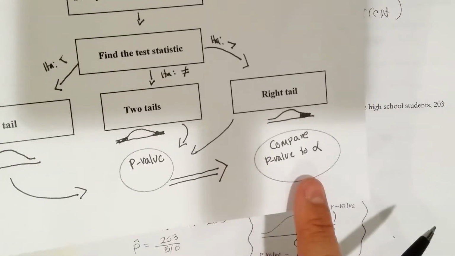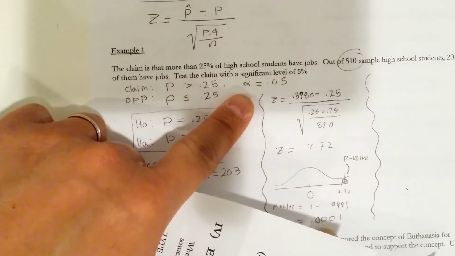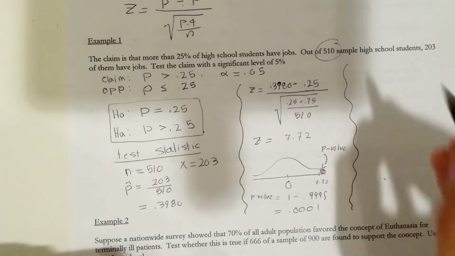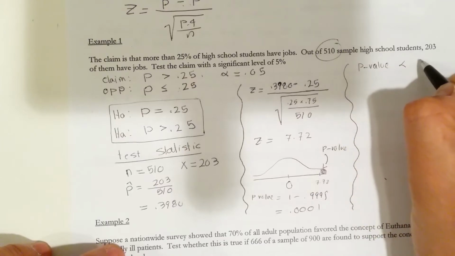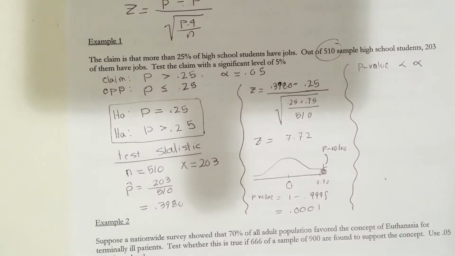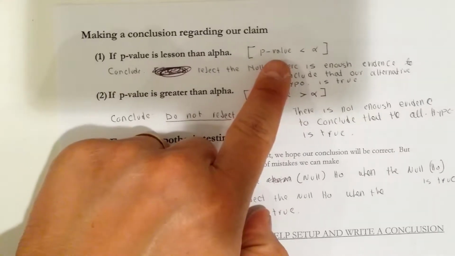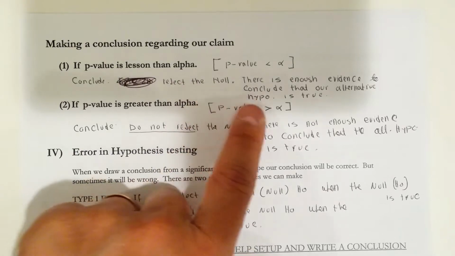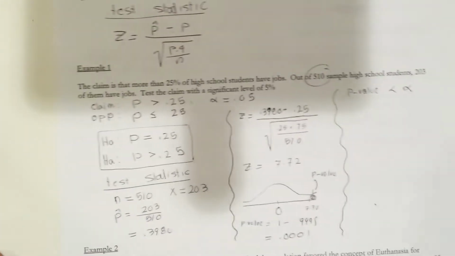Now it is time for us to make a conclusion. So we compare between p-value and alpha, and then we're able to write a conclusion there. So we know that p-value is less than alpha. Okay, so here is our conclusion. If p-value is less than alpha, we reject the null. There's enough evidence to conclude that the alternative hypothesis is true. So we reject